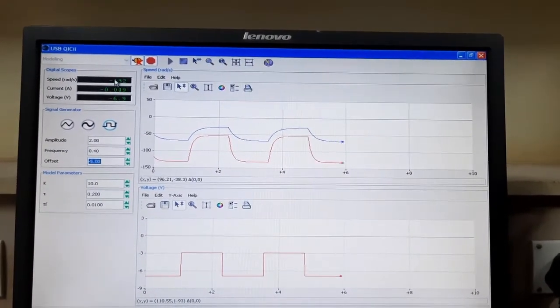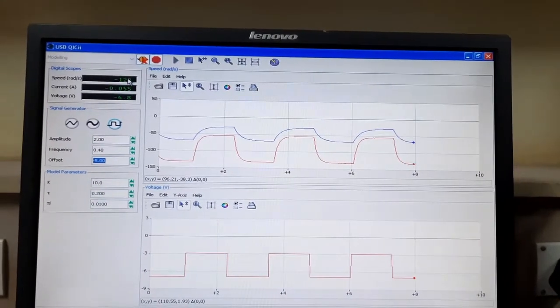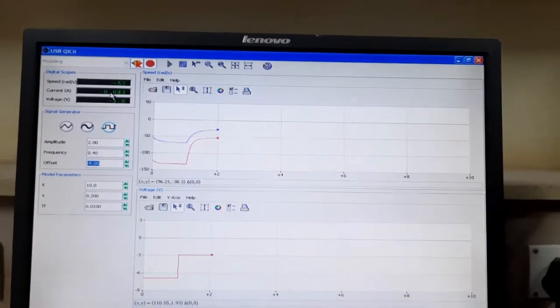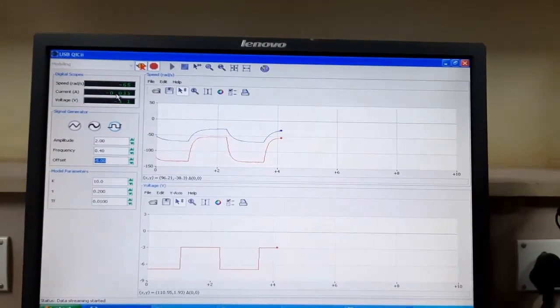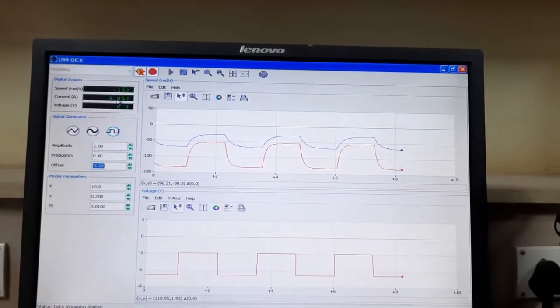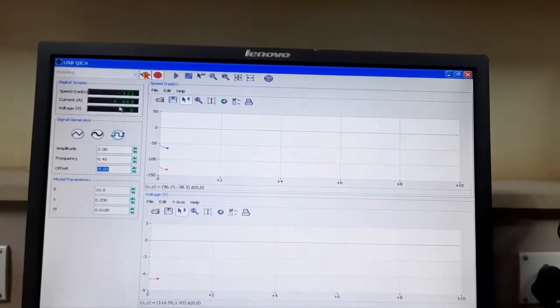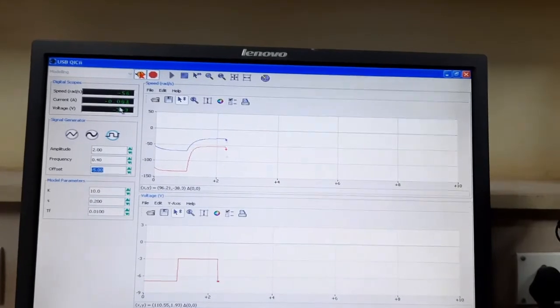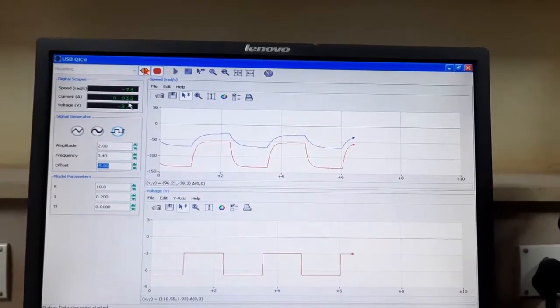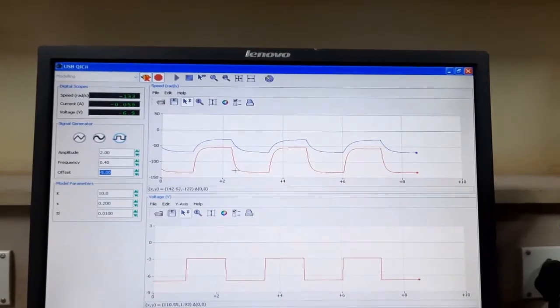It is varying, but we have to note down the maximum value. And here is the current. In this case, we don't have to hold the rotating part for the measurement of current. We have to randomly note down this maximum current and do the calculation part like this.